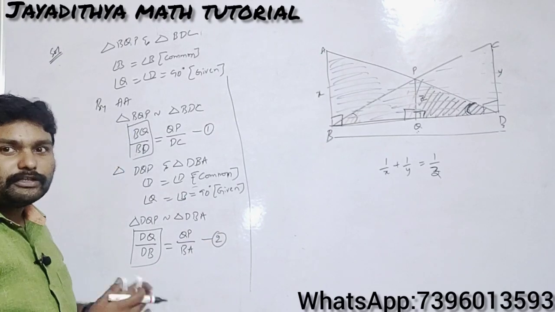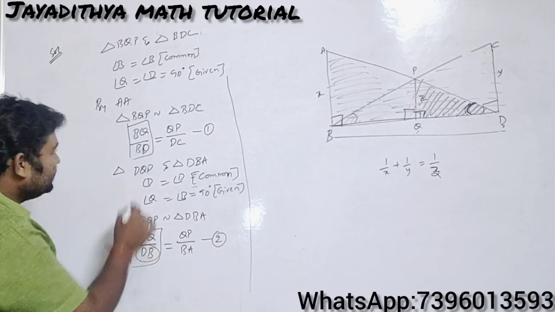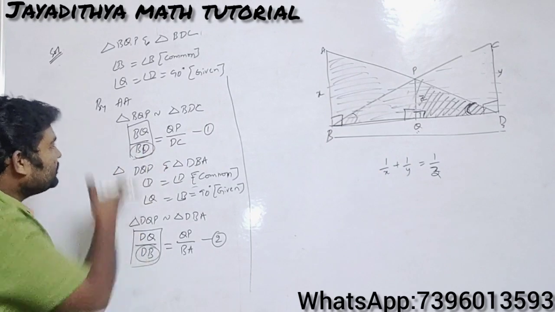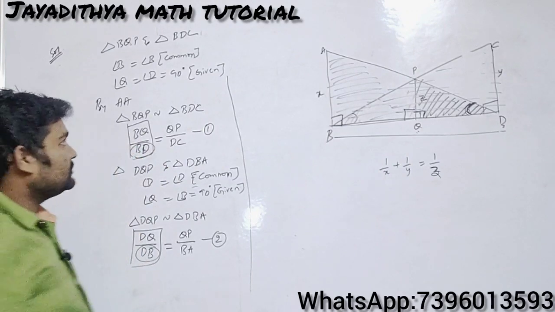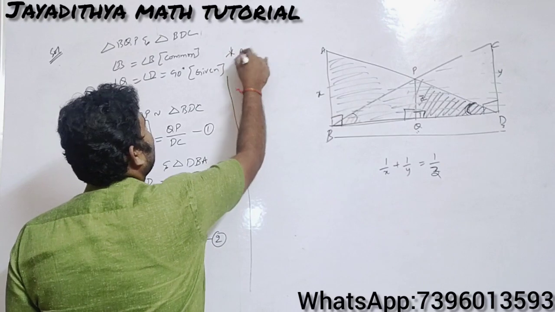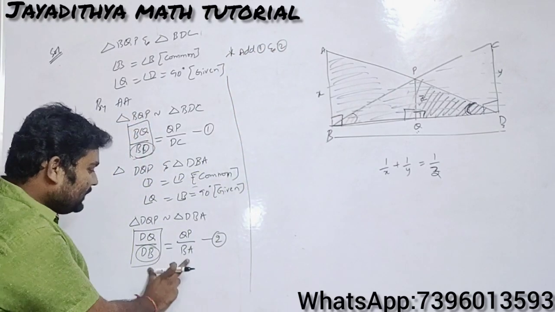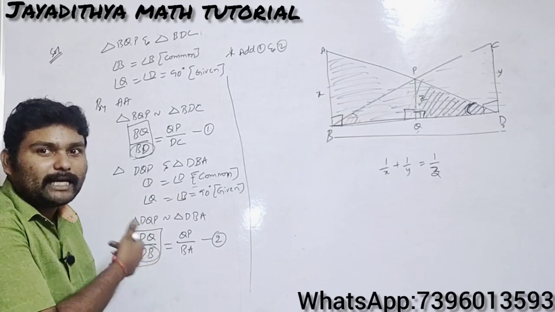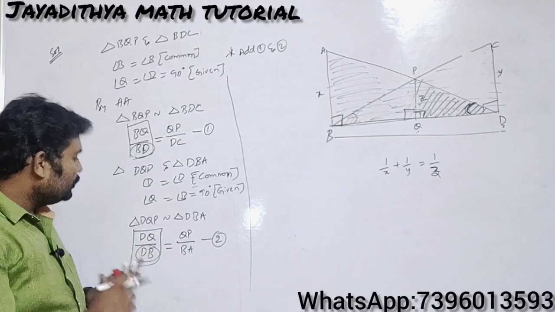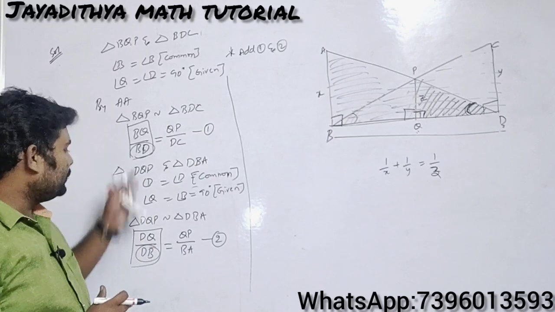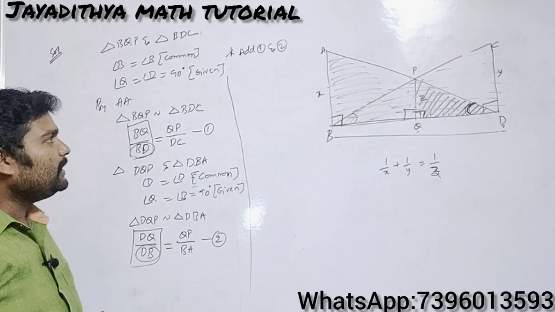After this, now only you should get the idea. If you observe the denominators, here you have BD and here also you have BD. So simply add first and second equations now. This is the important step here. Add 1 and 2. If you take it reversed and add them, you will not get the answer correctly. So be cautious here. If you take the ratios in the wrong way, your problem will be gone.